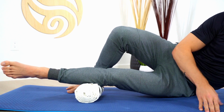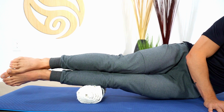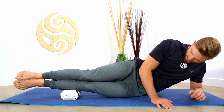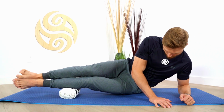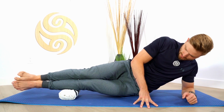And keeping the hip on the floor, let's position the rolled up towel on the lateral portion of your calf, so the outside portion of your calf below the knee. Now, similar to the previous position we did, you can work all lengths of the calf, but let's just start with one position. So let's start just below the knee, and now let's bring your other leg and rest it on top to help build that pressure. Now, as you're staying up on your elbow like this, let's connect to your breath, and